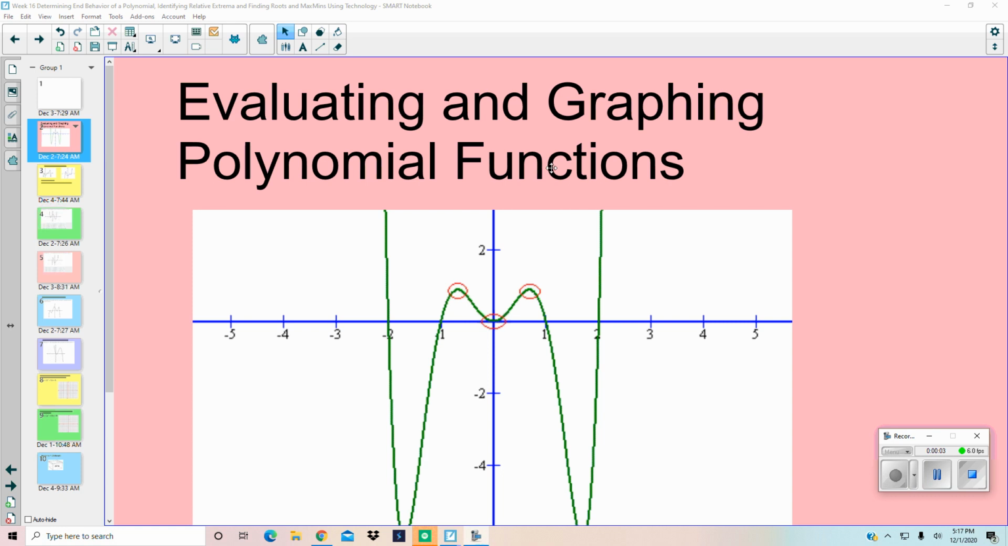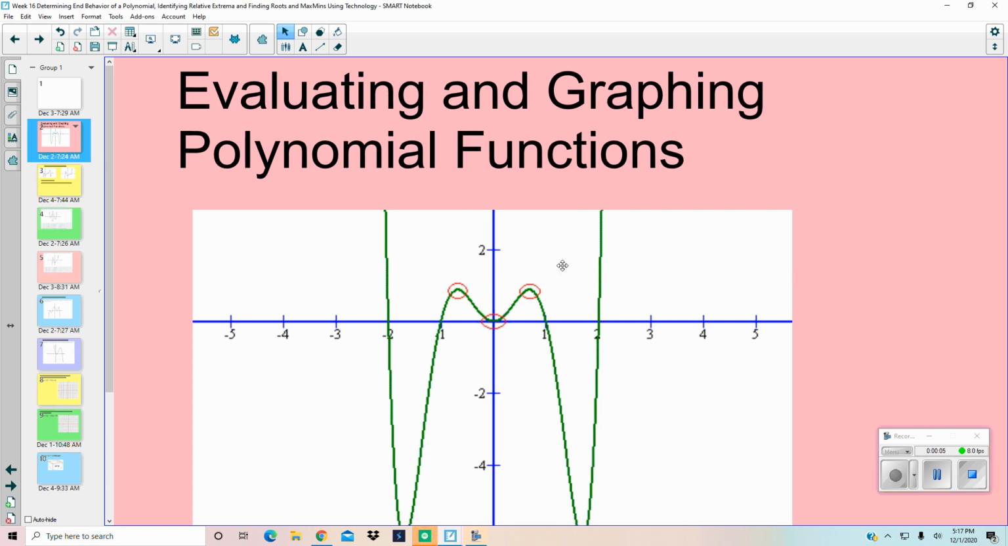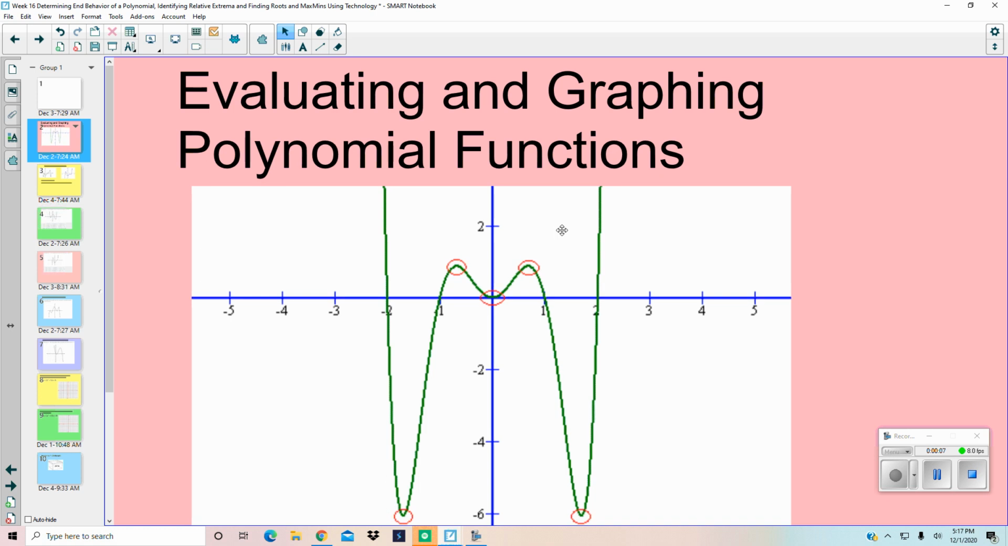Okay, folks, we're going to look at using our calculators to determine critical values of a polynomial function. If you look at this polynomial function, it has several critical values where it crosses the x-axis. Those are called the roots or the solutions. Any maximums or minimums that are local are also called extrema. So this would be a maximum, another maximum, a minimum, a minimum, a minimum,